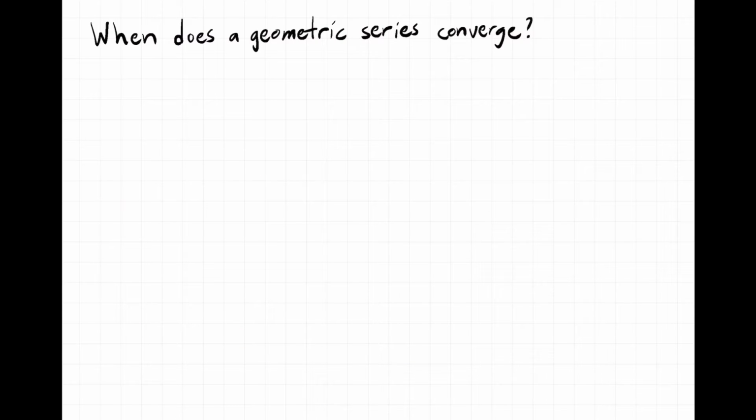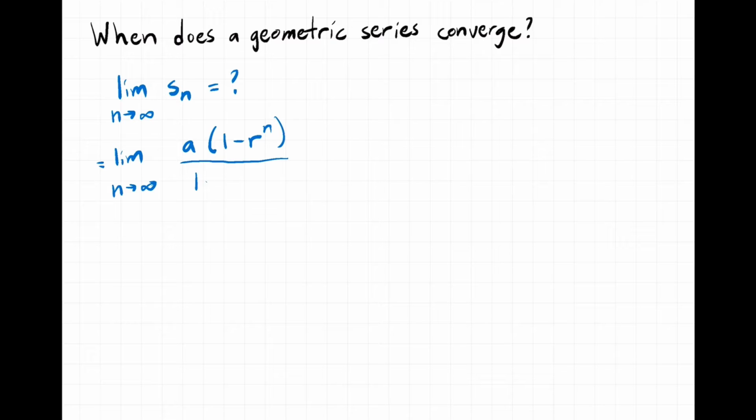Well, I want to know, when does a geometric series converge? And if that series converges, what is its sum? So to figure that out, I need to find out the limit as n goes to infinity of that sequence of partial sums. I want to know what's happening to those partial sums as you add more and more and more terms to them. So let's work that out. Well, we're going to have the limit as n goes to infinity of the expression that we just figured out, which is going to be a times (1 minus r to the n)